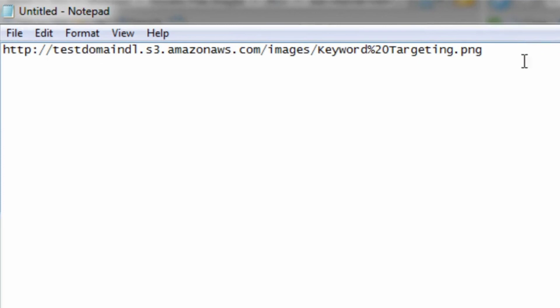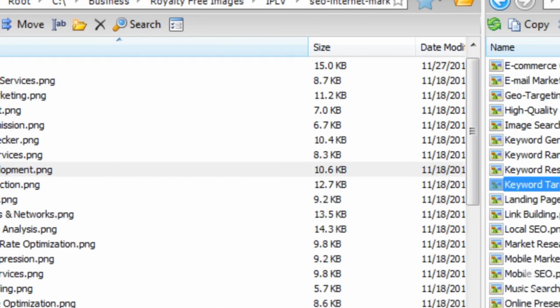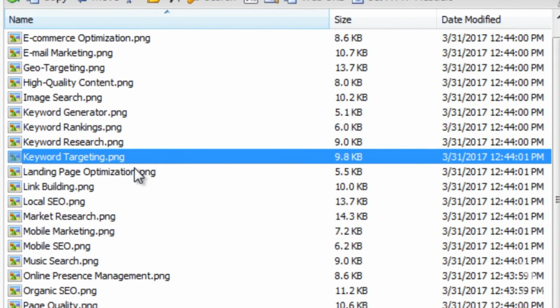You can take this URL, of course, you can go to your WordPress site, you can enter it in as a link. If it's a zip file, you can create a link, you create a download page using an HTML editor or WordPress, and that's how easy it is. So now that you understand how to create a bucket, how to connect everything, how to upload the files, from this point on,